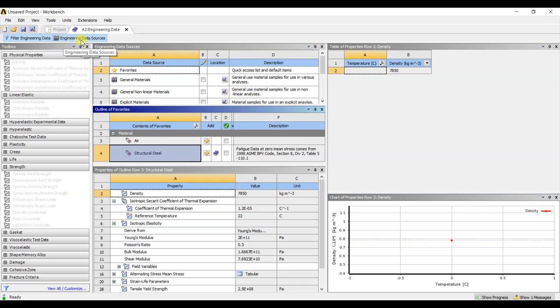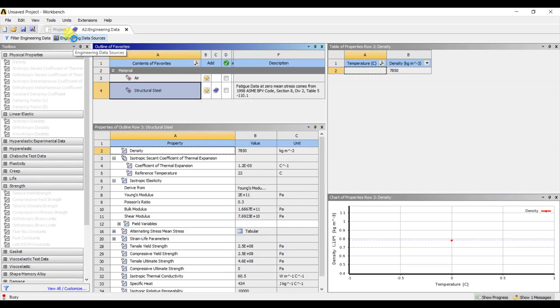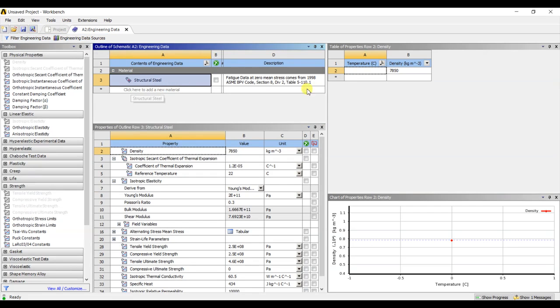This will automatically come into your outline of schematic engineering data column, where you can suppress one and select your material as you want.